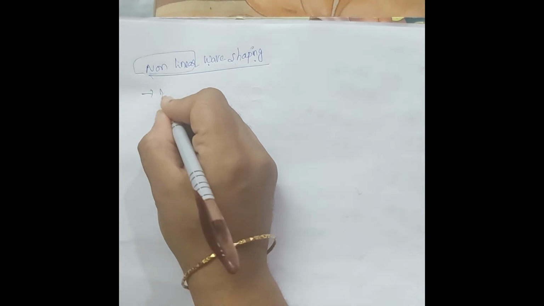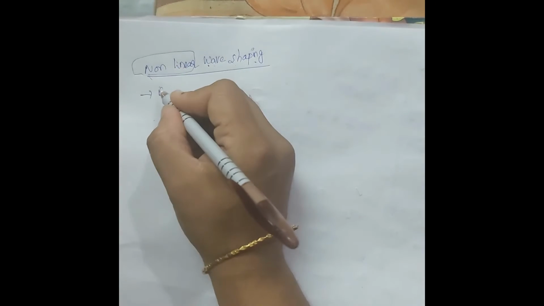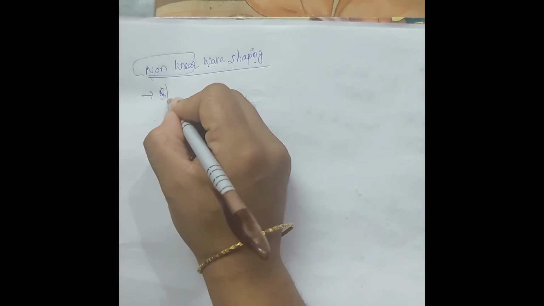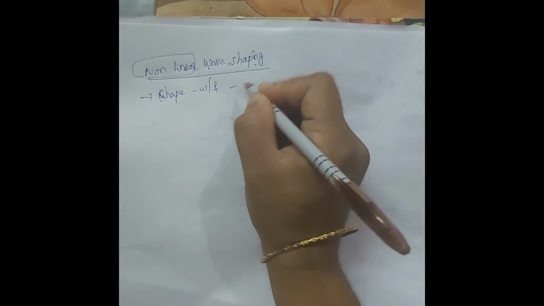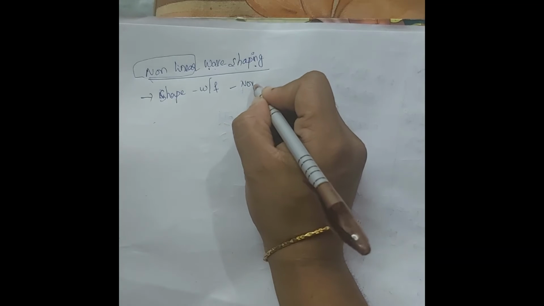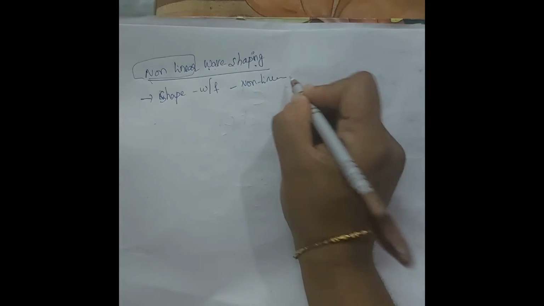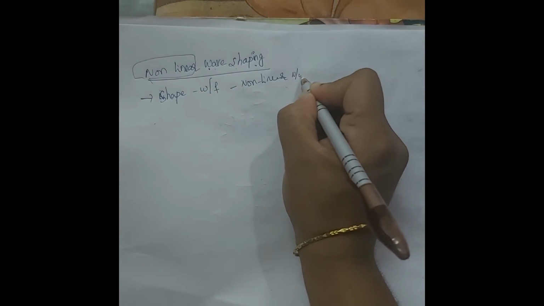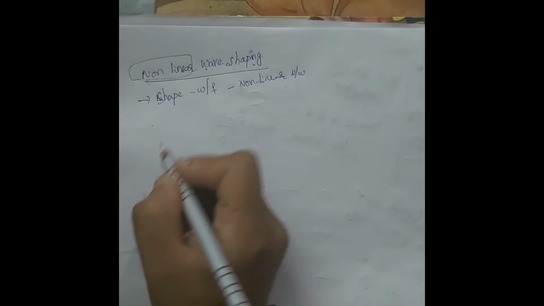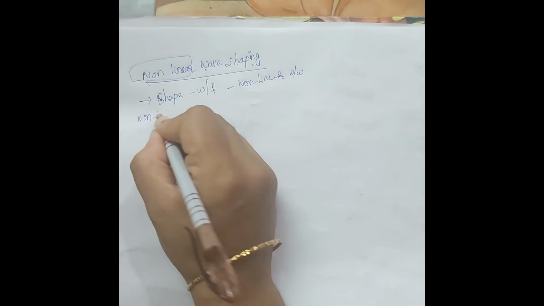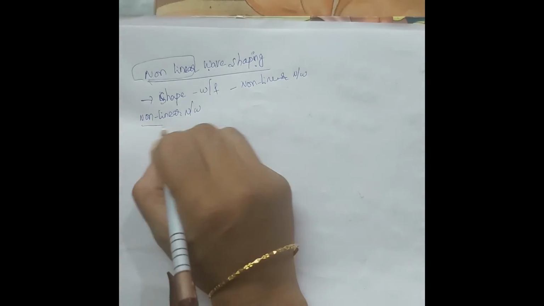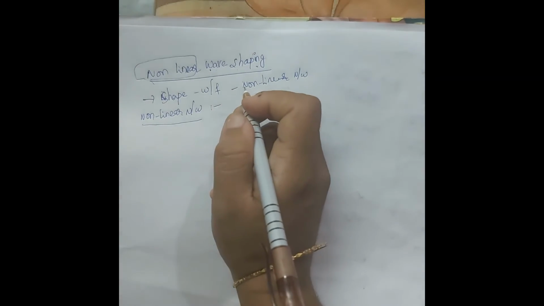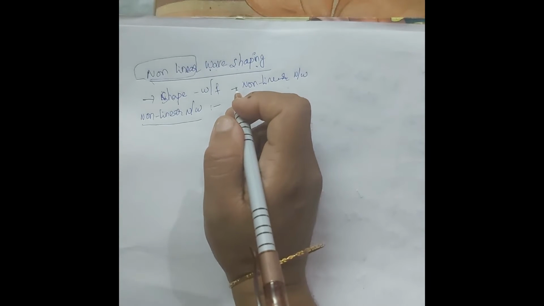Okay, so the process of alteration of the shape of a waveform by passing it through a nonlinear network. What is a nonlinear network? What is a linear network? As I said before, it comprises linear elements. Linear elements means those which obey Ohm's law, like R, L and C.